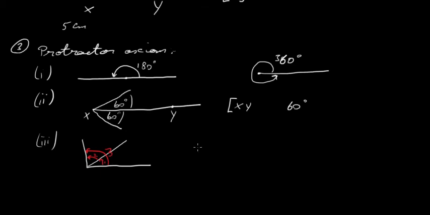In other words, then what we're going to say is that the measure of angle 1 plus the measure of angle 2 will give us angle 3. So you add up these two small angles, you'll get angle 3. So that's axiom number 3. So I'm going to talk now about axiom number 4, which talks about